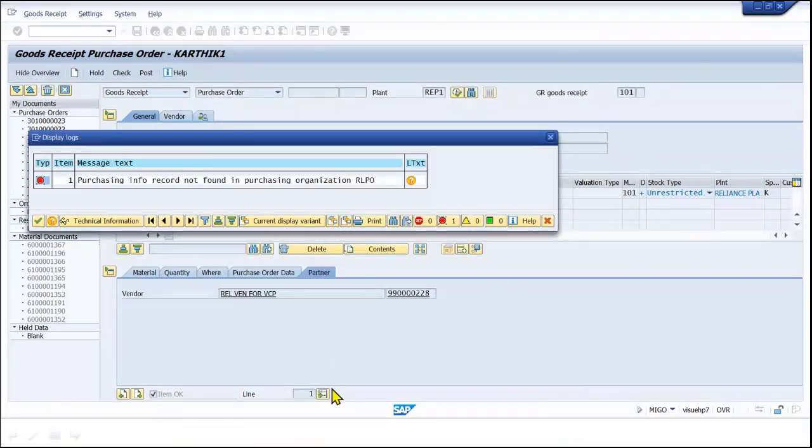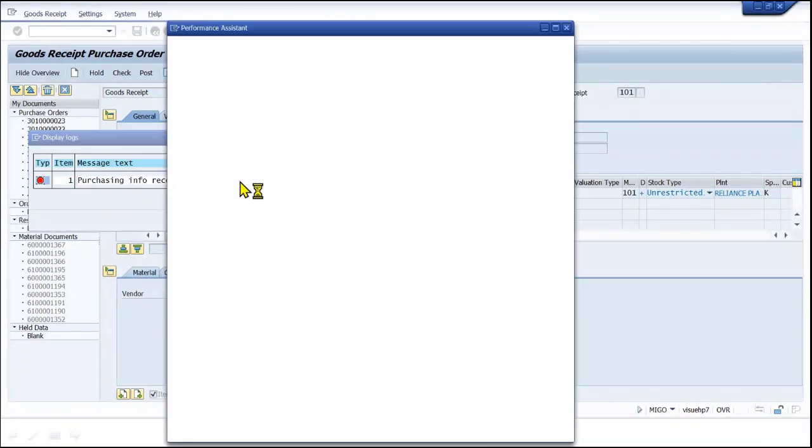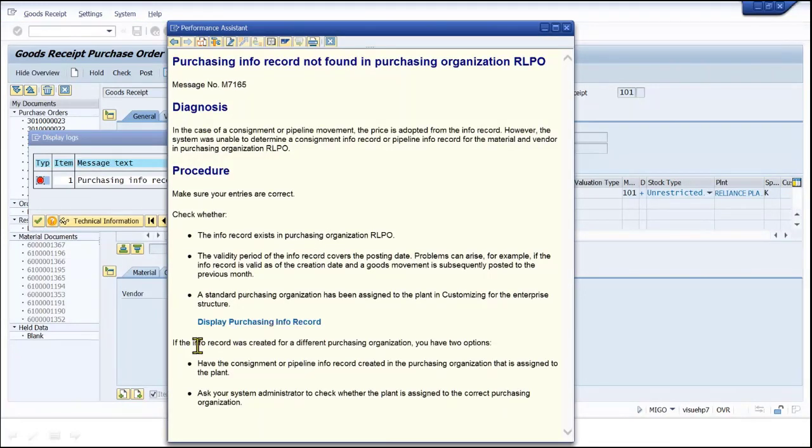Why? One minute. Display here. If the info record was created differently, two options. Have a consignment or info record created. Ask your, see,